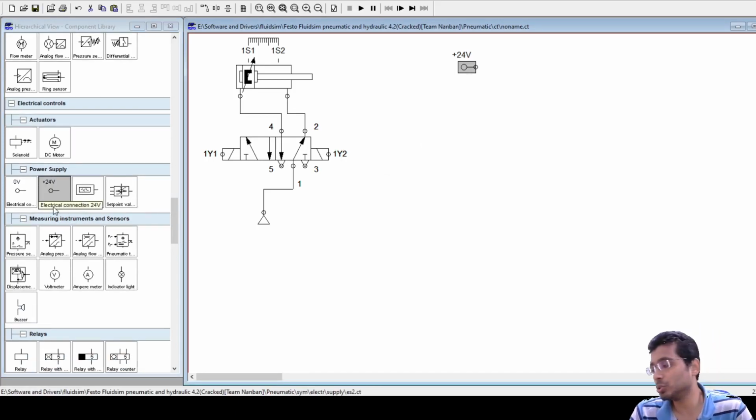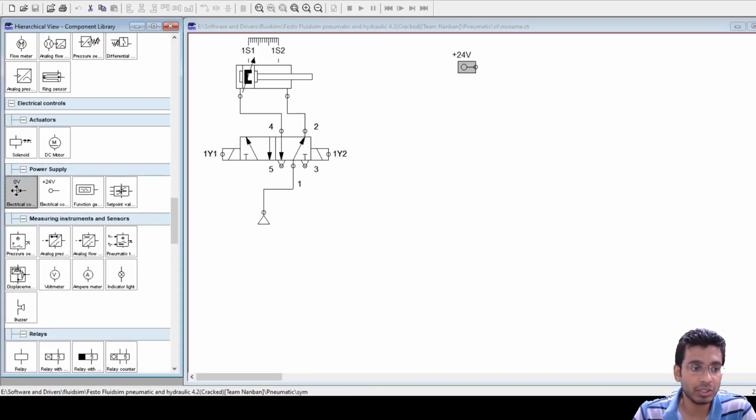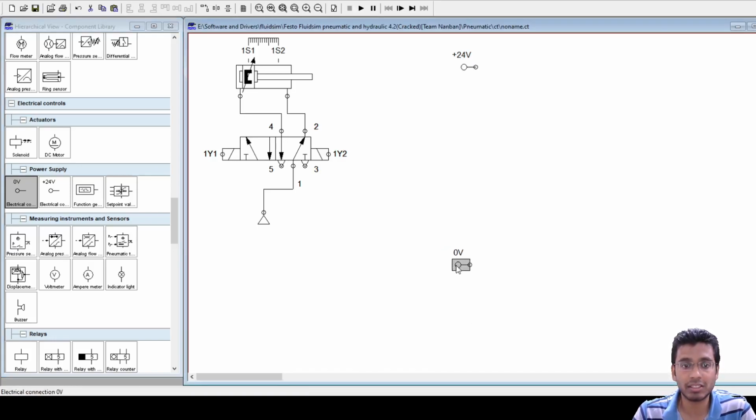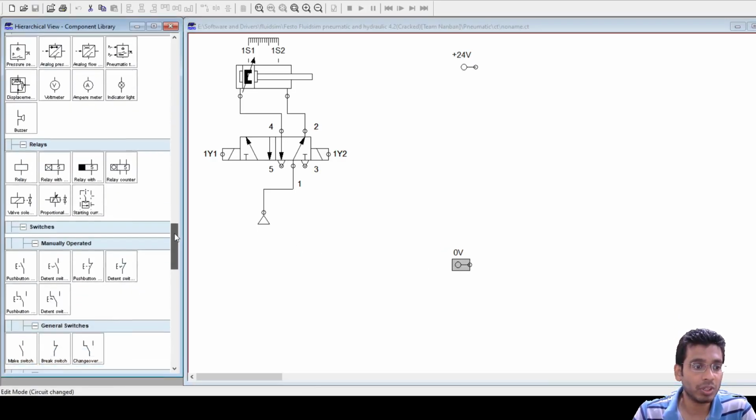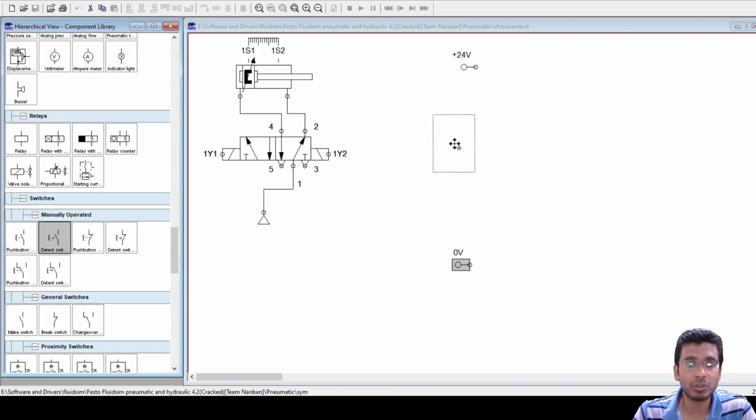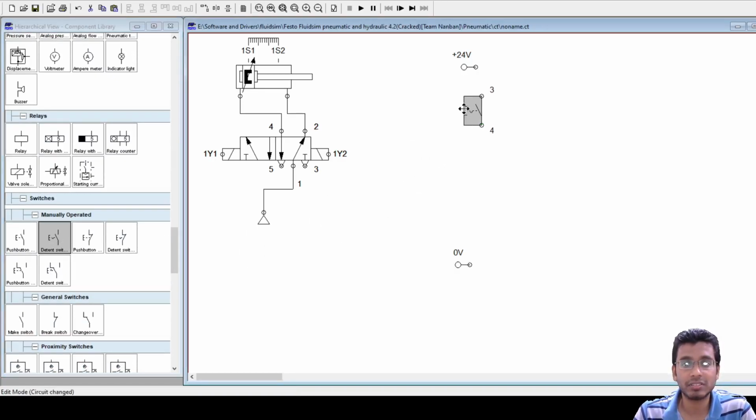So let us now use indirect control everywhere. For an indirect control, you all should now start participating. So I took a detent switch. With this detent switch, what should I place down here?